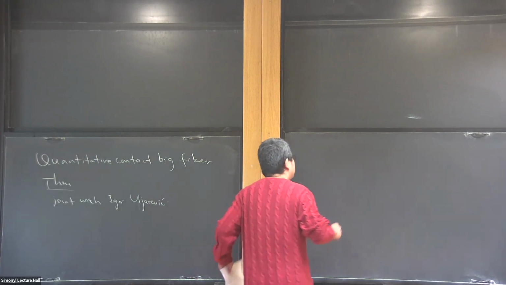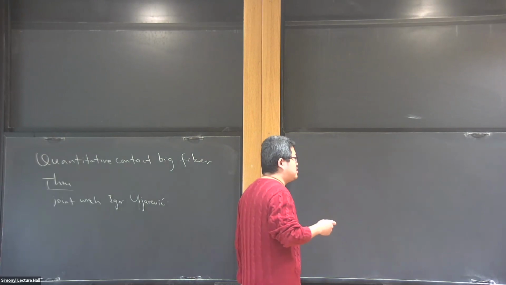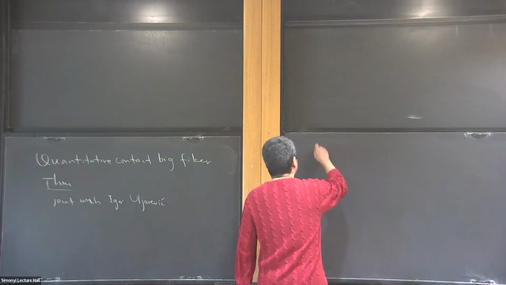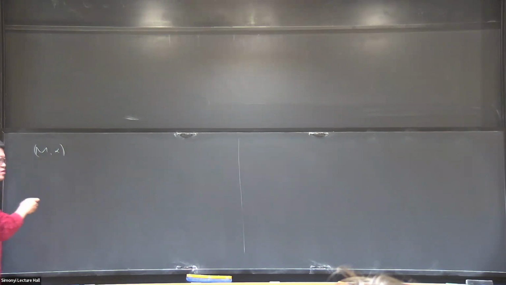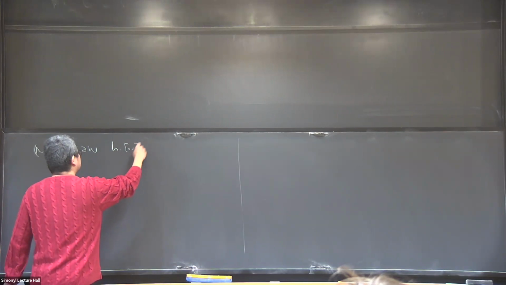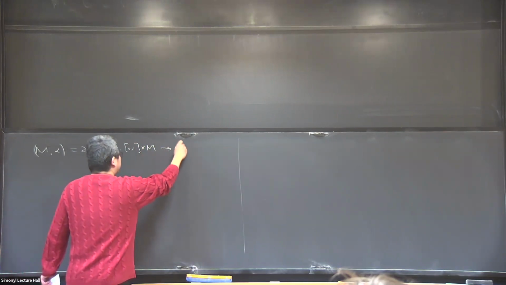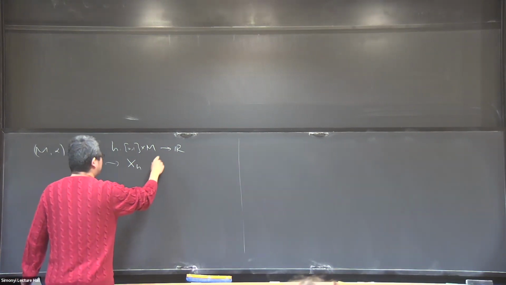So let me start with some background on contact Hamiltonian dynamics, and also take the chance to introduce some notation. M is a contact manifold. In this talk, the contact manifold is always the boundary of a Liouville domain. So you have a time-dependent function on this manifold, and you can get a vector field, called the Hamiltonian vector field, by solving